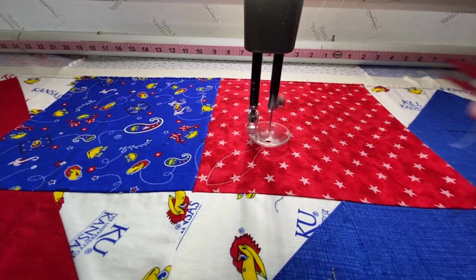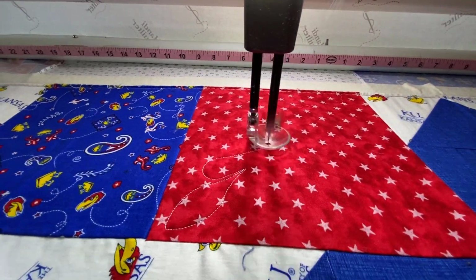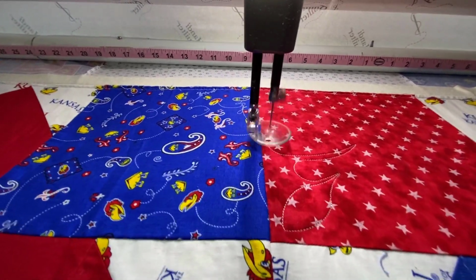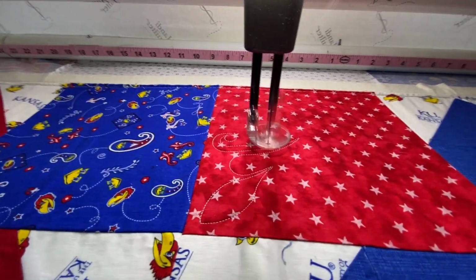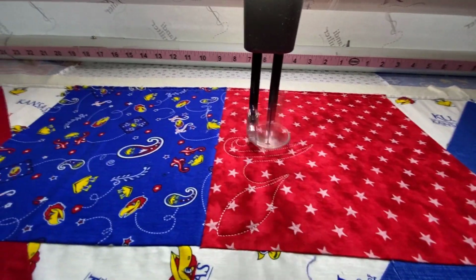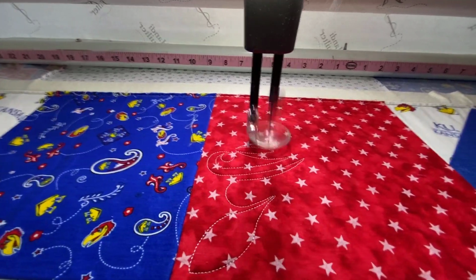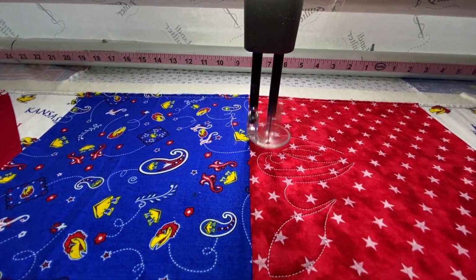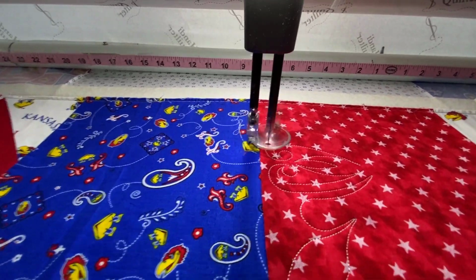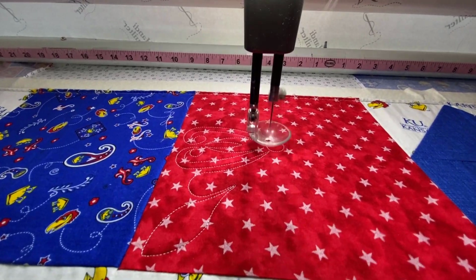Notice that I have a glide foot on my machine. I like to use the glide foot when I'm doing edge to edge using ProStitcher. That was the last quilt that I did, so that was the foot that I had on there. If I had my ruler foot, I may have just left it on. But for now, I'm leaving the glide foot on until I need to start using my rulers, and then I